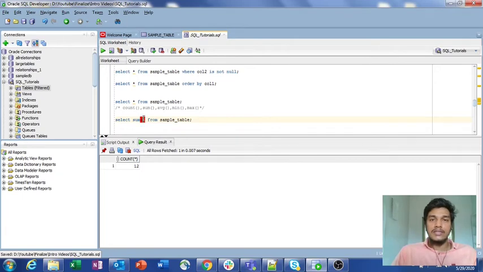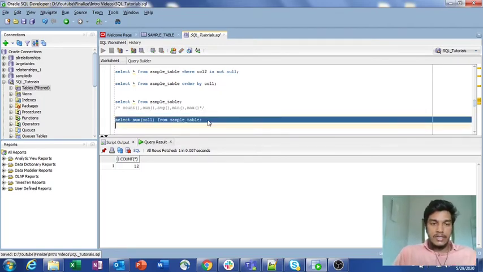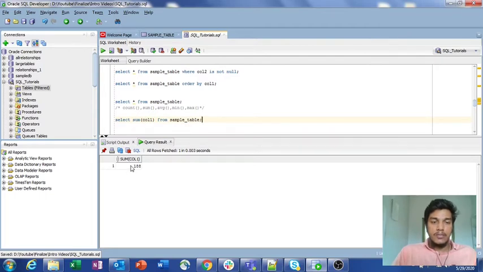Here column 1 as well as column 3 are integer columns, so that is why I am mentioning it as sum of column 1. What it will do is print the sum of column 1 values of all the records. So I am just clicking Ctrl+Enter here. If you observe, the sum of all the column 1 values is 188.